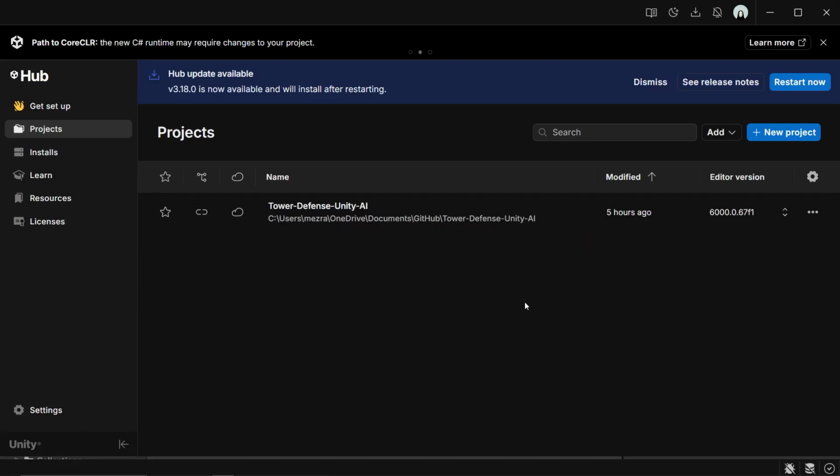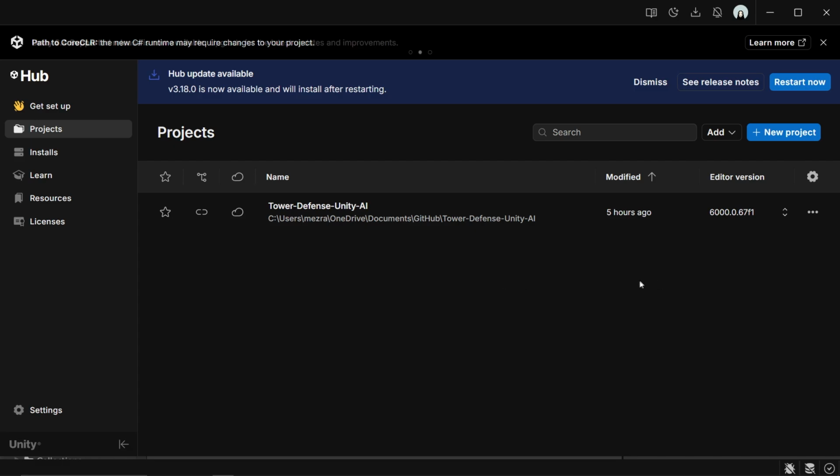Now that we've seen a quick demonstration of what AI Assistant can do, let's slow things down and start building our projects properly from scratch. In this course, we're not just trying to generate a game as quickly as possible, we're also learning how to work with AI effectively. One of the biggest mistakes people make when using AI tools is treating them like a magic button. They open the assistant and type something like "make me a complete tower defense game" and expect perfect results, which is